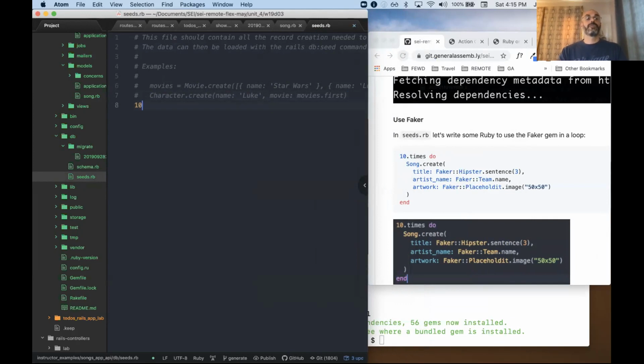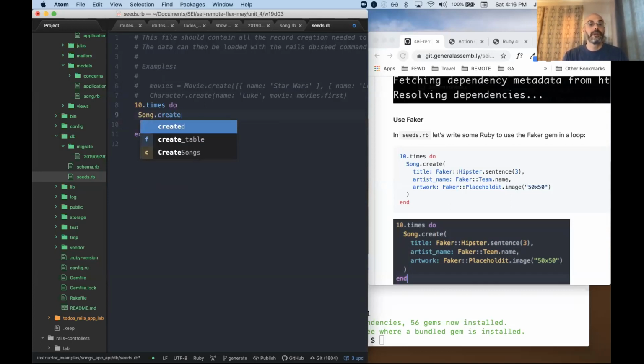Oh, well, I could do 10.times do, and I'm going to end. What does 10 times do? What is 10.times in the language of Ruby? What would you call that? It's a looping construct in Ruby, right? It's just a way to loop 10 times. Do it 10 times. Awesome. So if I'm going to do it 10 times, I'm going to say